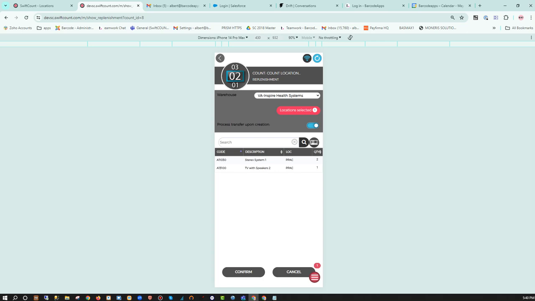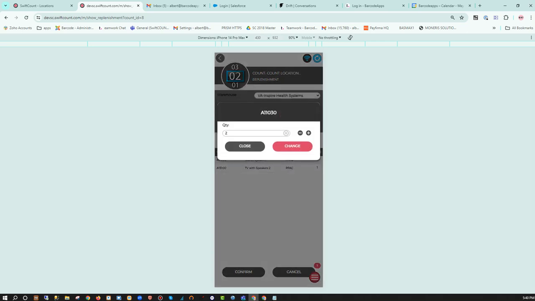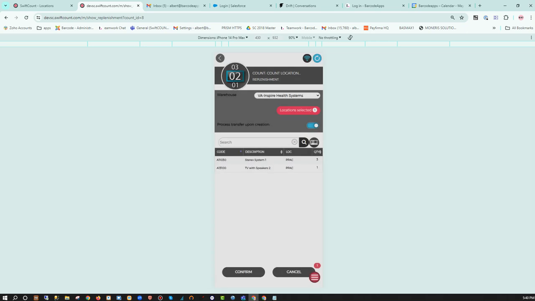If we wanted to change it, we can click on the quantity, and we have the option to still change it here. So if I want to say plus or minus, I can still do that. I'm going to change it just to confirm that. So this is my transfer. As soon as I click on confirm,